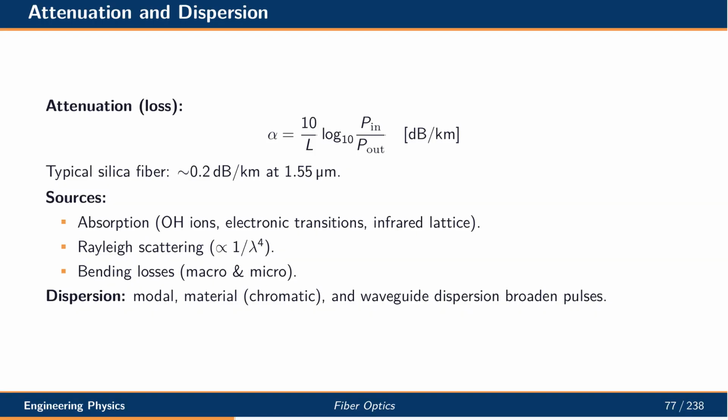Attenuation in a fiber is the power loss per unit length, expressed in decibels per kilometer. Modern silica fiber achieves about 0.2 decibels per kilometer at 1.55 micrometers. Loss sources include absorption by hydroxyl ions, Rayleigh scattering, and bending losses. Dispersion broadens pulses and limits data rates. It includes modal dispersion in multimode fibers, material dispersion due to wavelength-dependent refractive index, and waveguide dispersion from